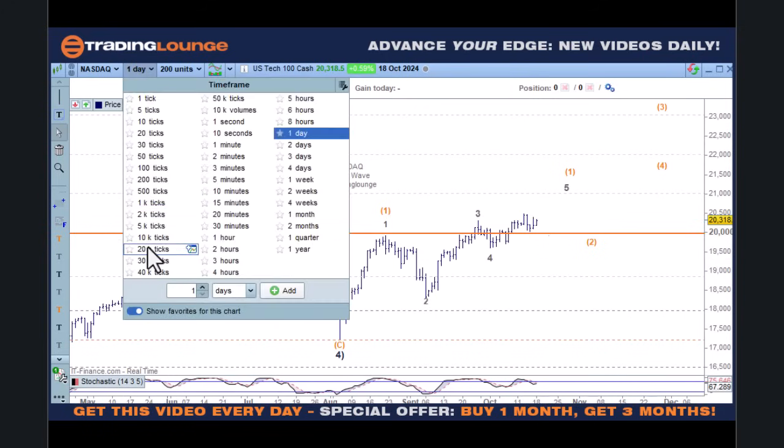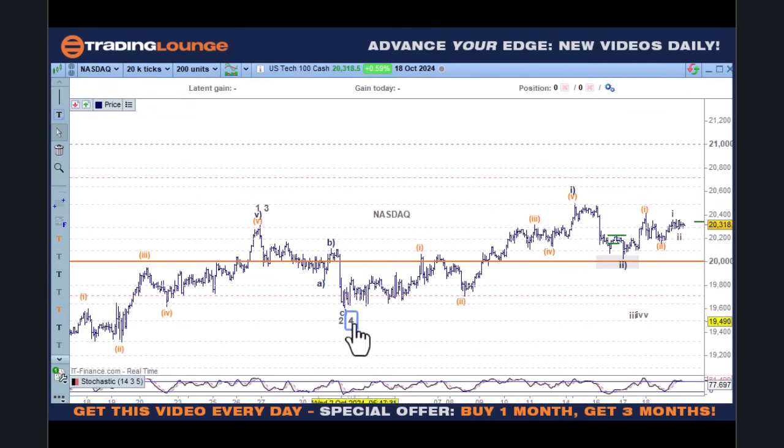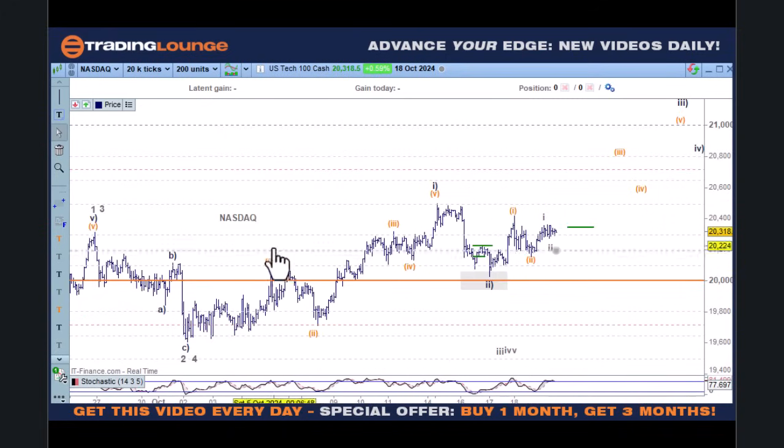So from the daily here, we can go to the intraday here. So we could look at this low here as 2 or 4. That's just below the 20,000 here as 2 or 4. And same as the S&P, we've been counting up as 1, 2, 3, 4, 5 for 1 and 2, and then 1 and 2, and 1 and 2 here. One of the things that I was mentioning last week was getting support on top of 100, 200 and 300, on top of this 300 here, because it's a small group 1, because in a way it couldn't find support over here for it, and trading above